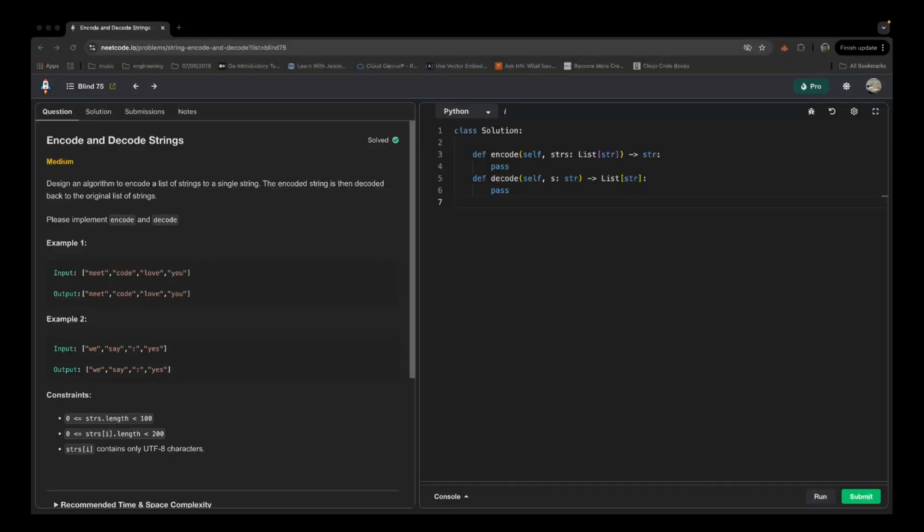Hello guys, so today we will take a look at a problem called Encode and Decode Strings. It is a medium LeetCode problem and we will see how we can solve it, right? So we will first talk about the concept here. So the concept is that